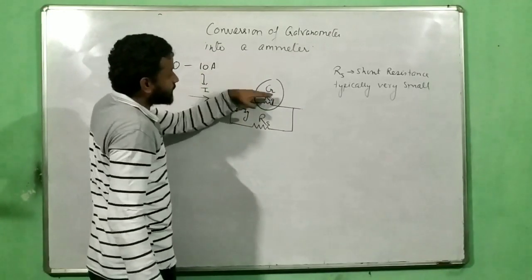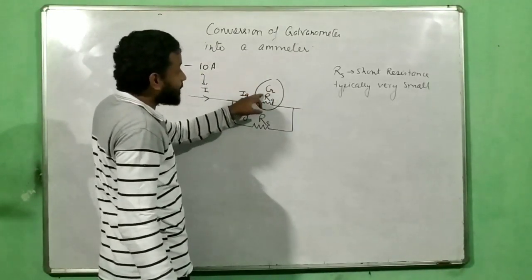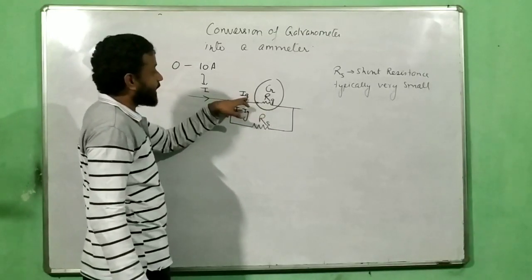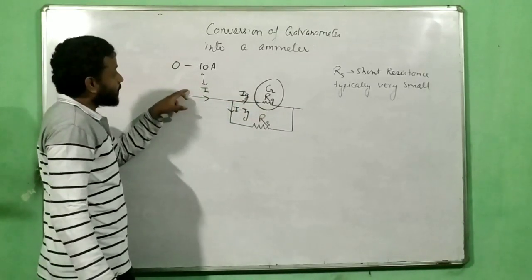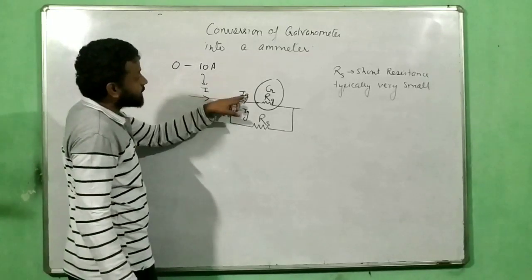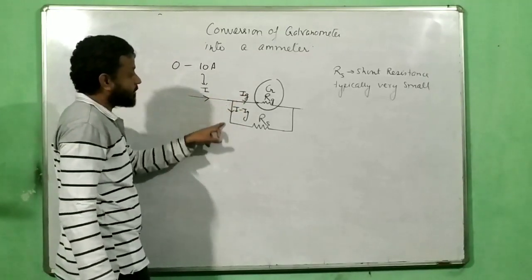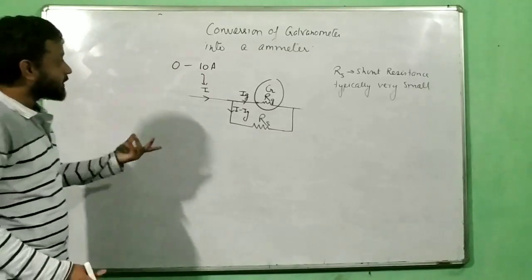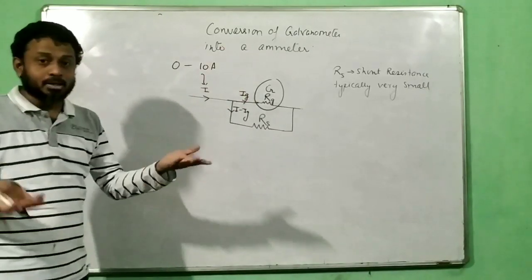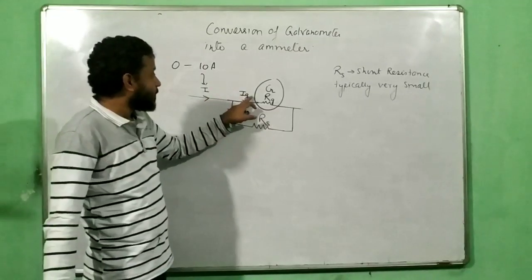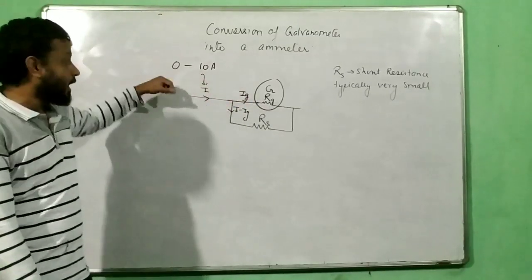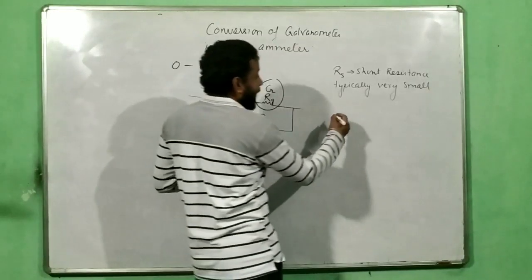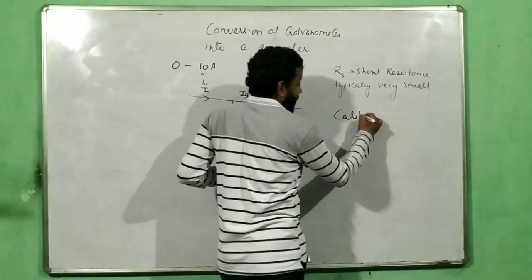The one which goes in this direction can be maximum of Ig. The one which goes through the galvanometer cannot be more than Ig. So we will ensure that when this current is maximum, simultaneously this current is also maximum and the remaining current flows through this. Now the question is, what is the galvanometer actually reading? The answer is, the galvanometer is reading Ig, but I want to measure I. So here comes another concept called calibration.